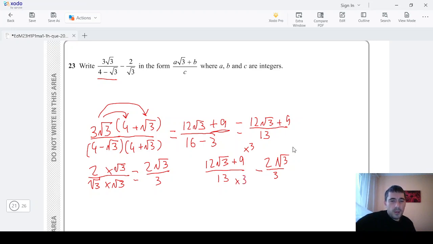The second fraction, to make a common denominator, I need to times by 13, so times both top and bottom by 13, which will bring us into